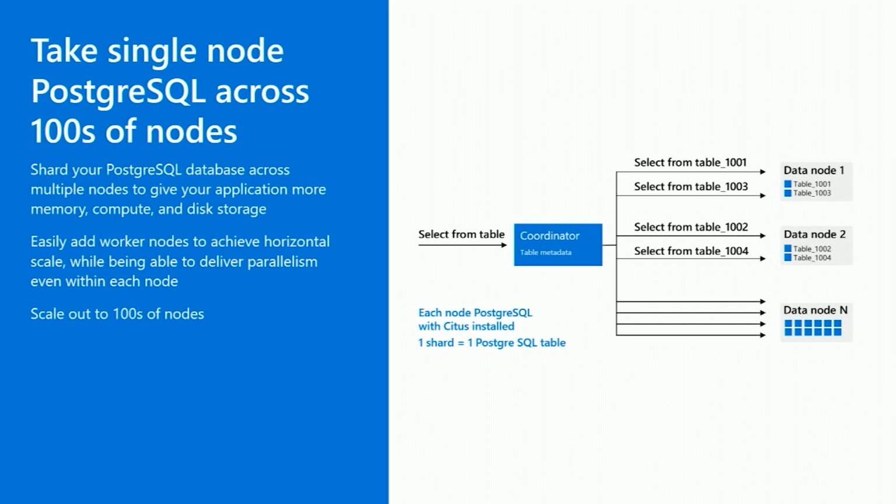Note that all of this architecture of coordinator and workers, for the end user, the client, looks and feels like a single node Postgres database. So you have the username, the password, very similar to how you connect to a Postgres database, and you run queries. So from the end user point of view, what you do is you connect to the coordinator node, create tables as you typically do in a Postgres database.